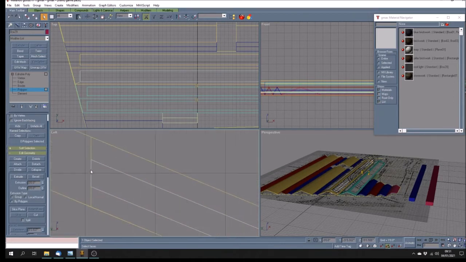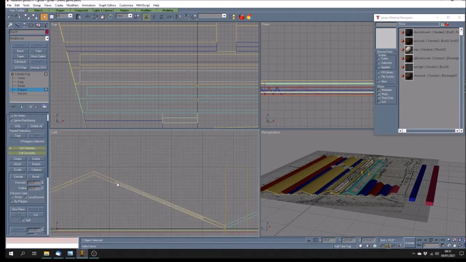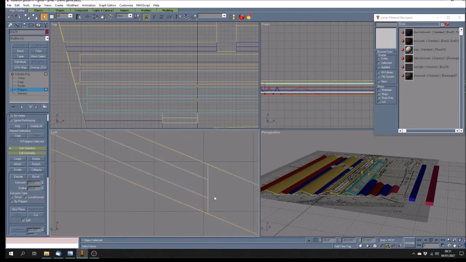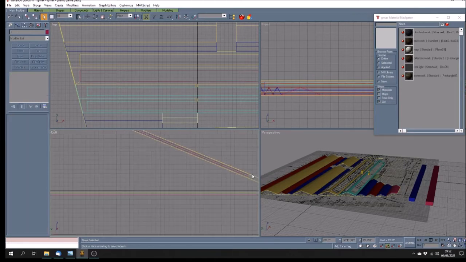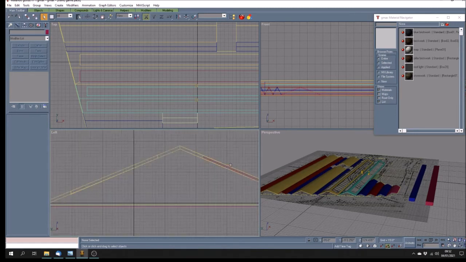And basically we only want the polygon that's facing up, which we're looking at edge on there, or down, which is what we're looking at there. So the side one and this end one here, we can just highlight it and delete it. And we're changing a 6 poly mesh to a 2 poly mesh. There we are. Might not seem like a great saving, but believe me, when you get to the finished product,